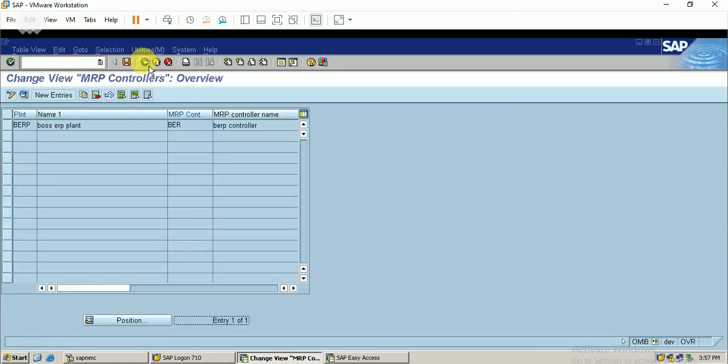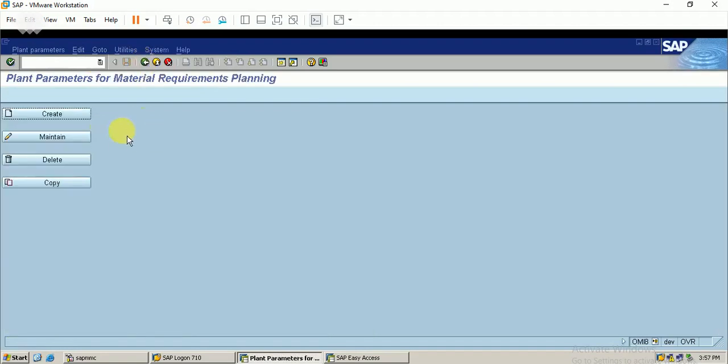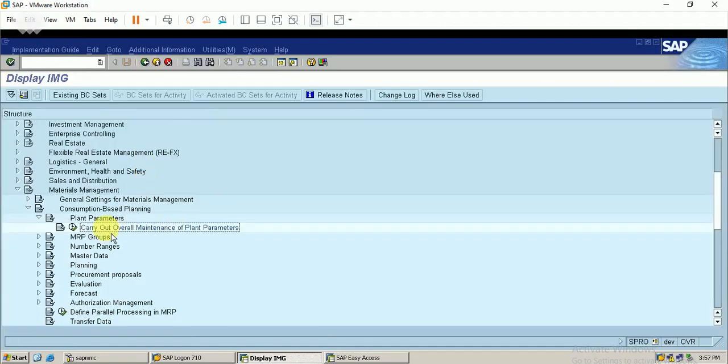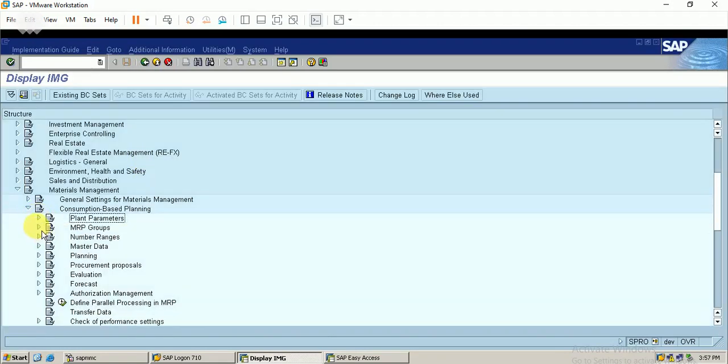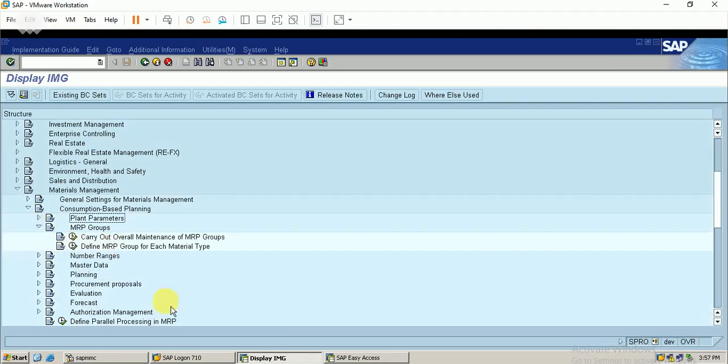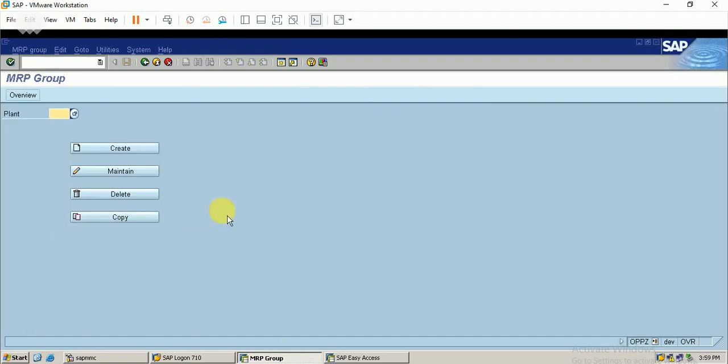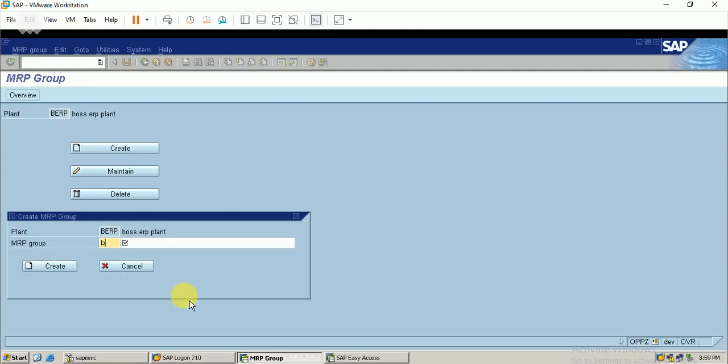The next step is the MRP group. Let me create a new MRP group for my plant. Just enter my plant and click on create. I enter my plant name as the MRP group and click on create.